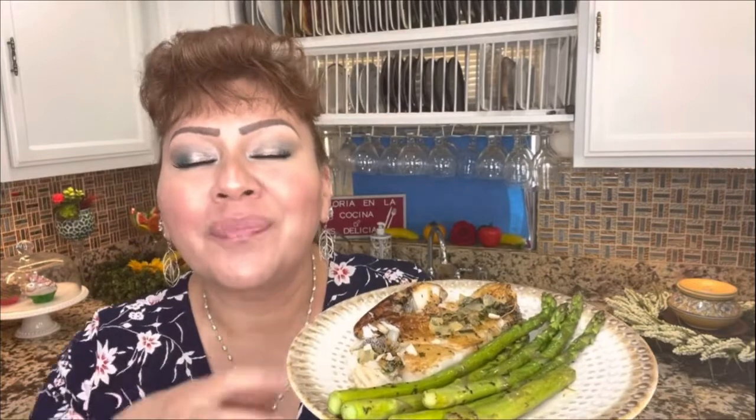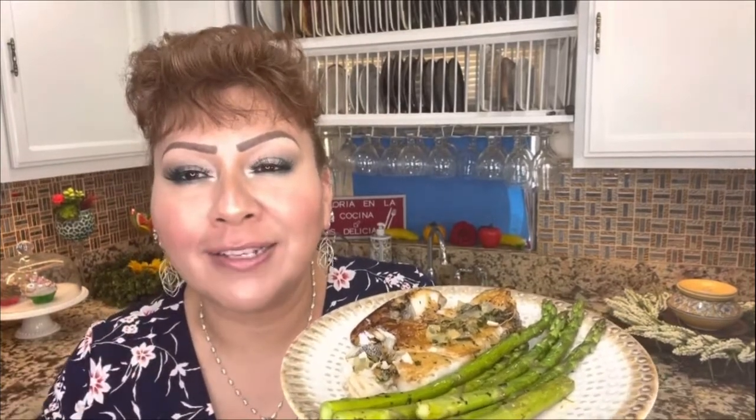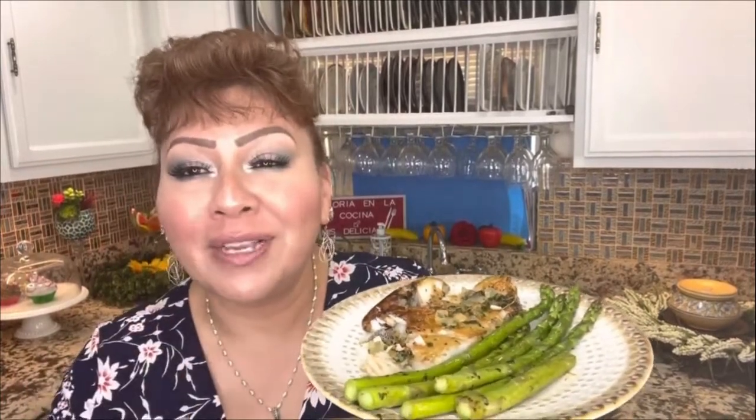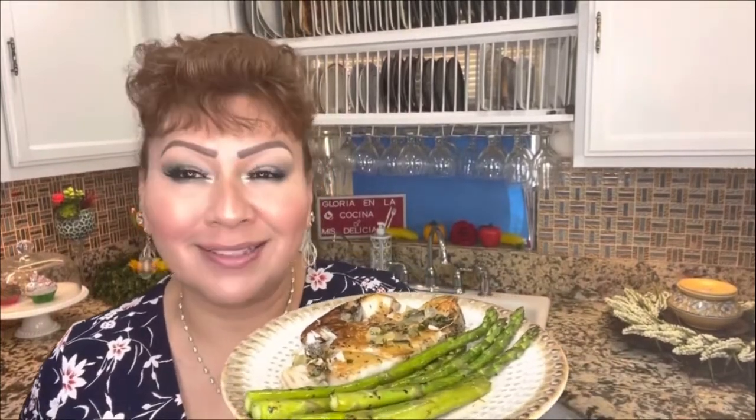This delicious and amazing fish covered with that garlic sauce and the onion. This is the part I really love, enjoying tasting my recipes for lunch, for dinner, for Lent. Well, let me try it. I want to stop talking and enjoy this delicious